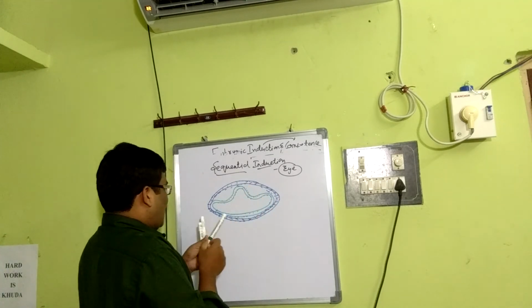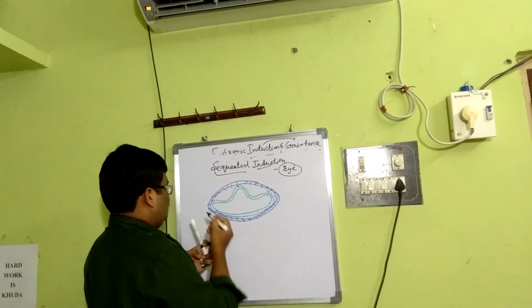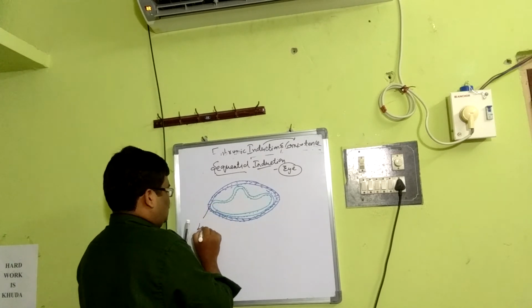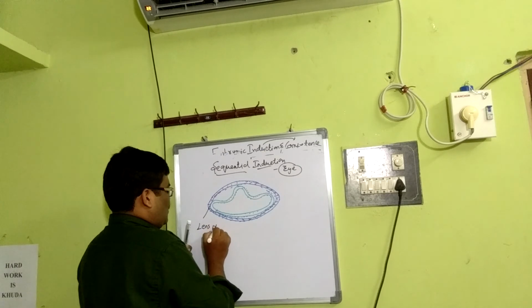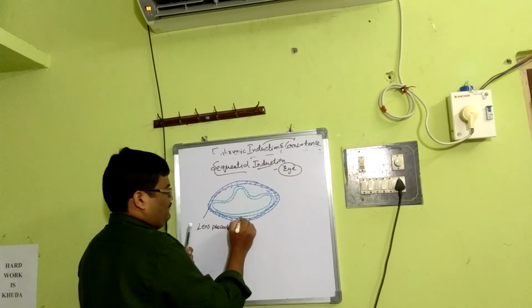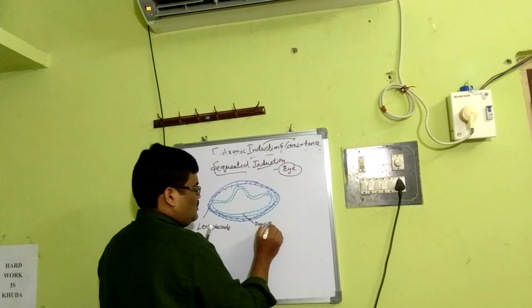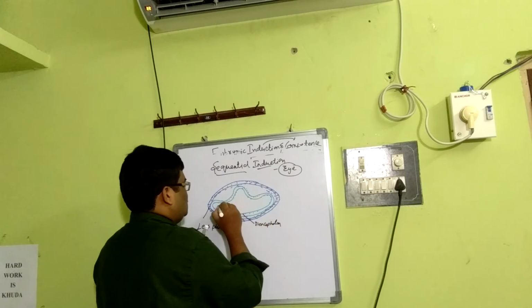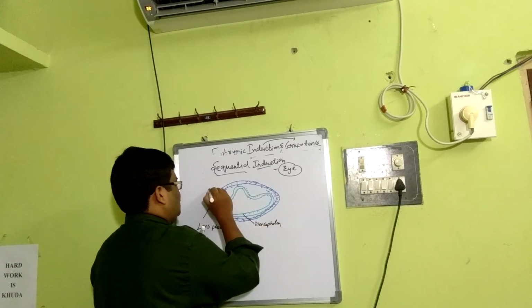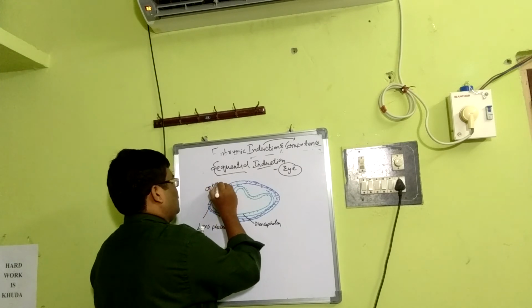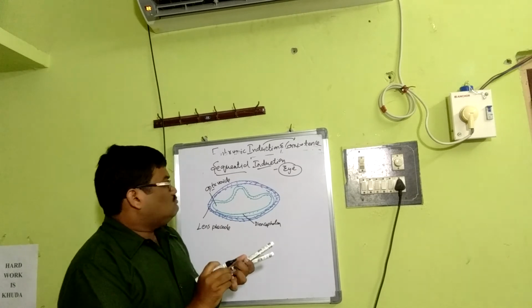This is the lens placode. And this is the diencephalon. This is the optic vesicle. Okay. I will tell you how